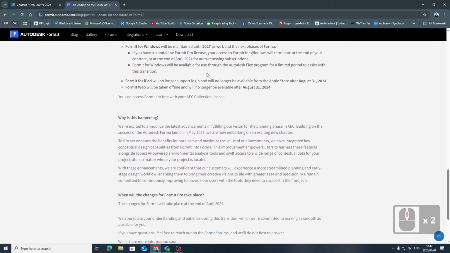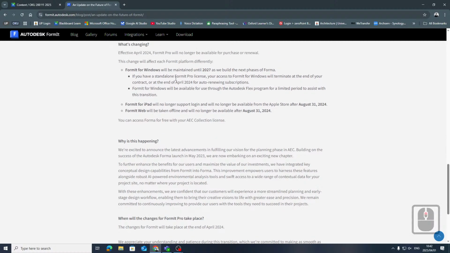However, at the end of March, they removed this off the student educational, so you can no longer license Autodesk Pro that you download from their website. It also stated that Format for iPad and Format for Web will also be removed on August the 31st, 2024. However, that is still active as well.